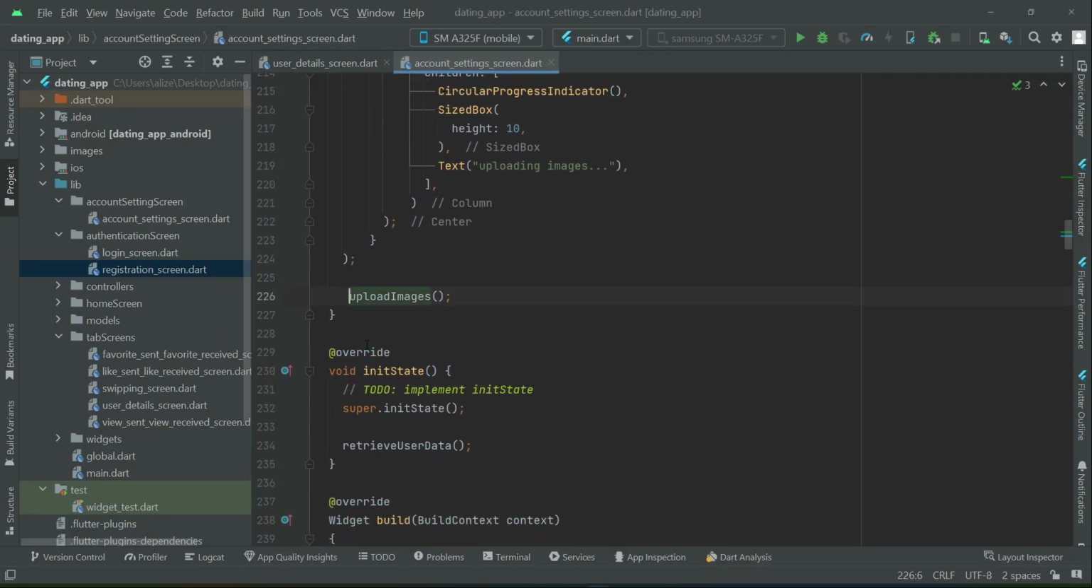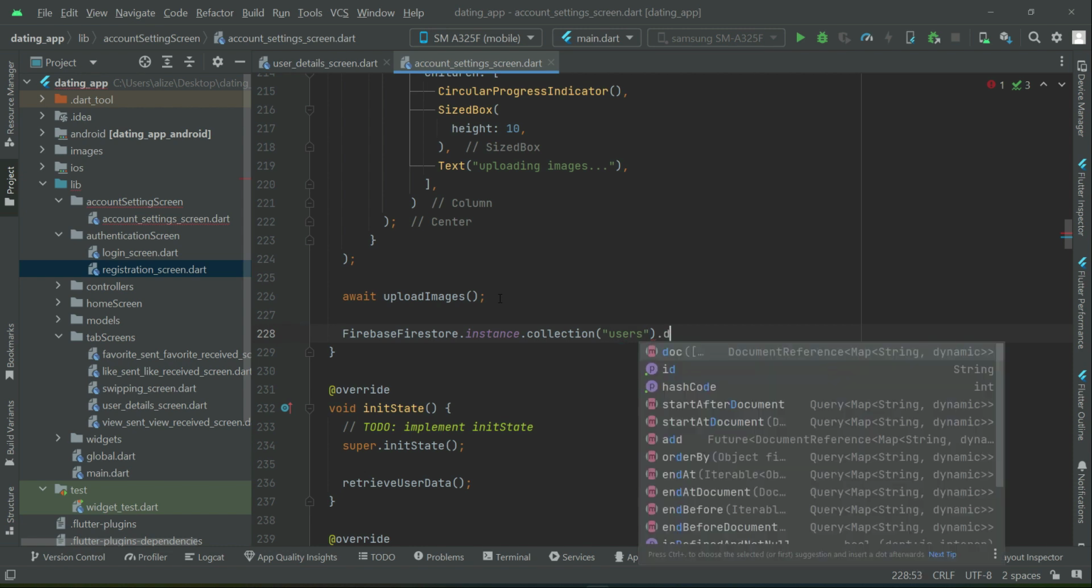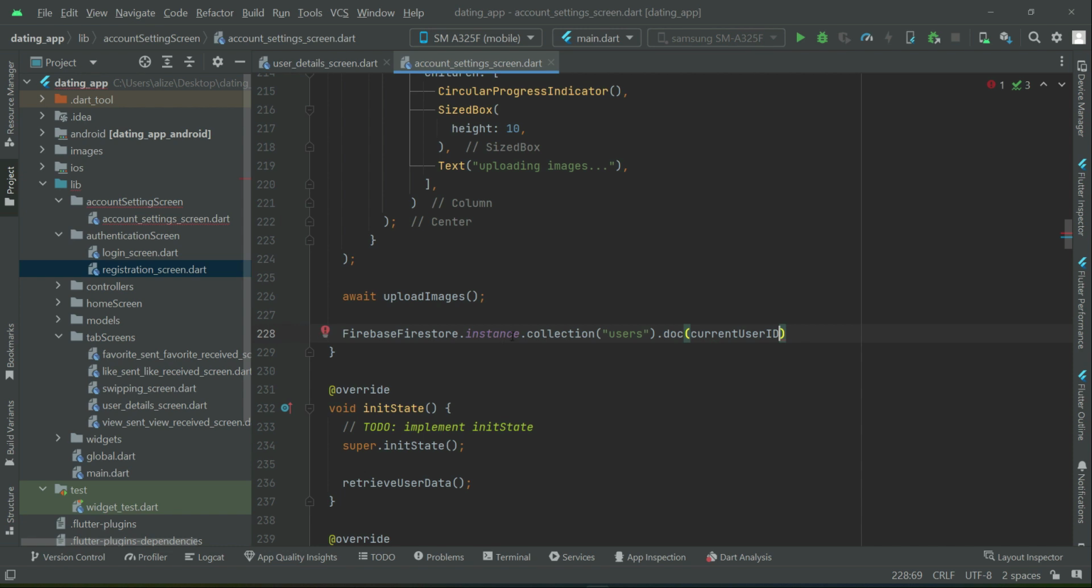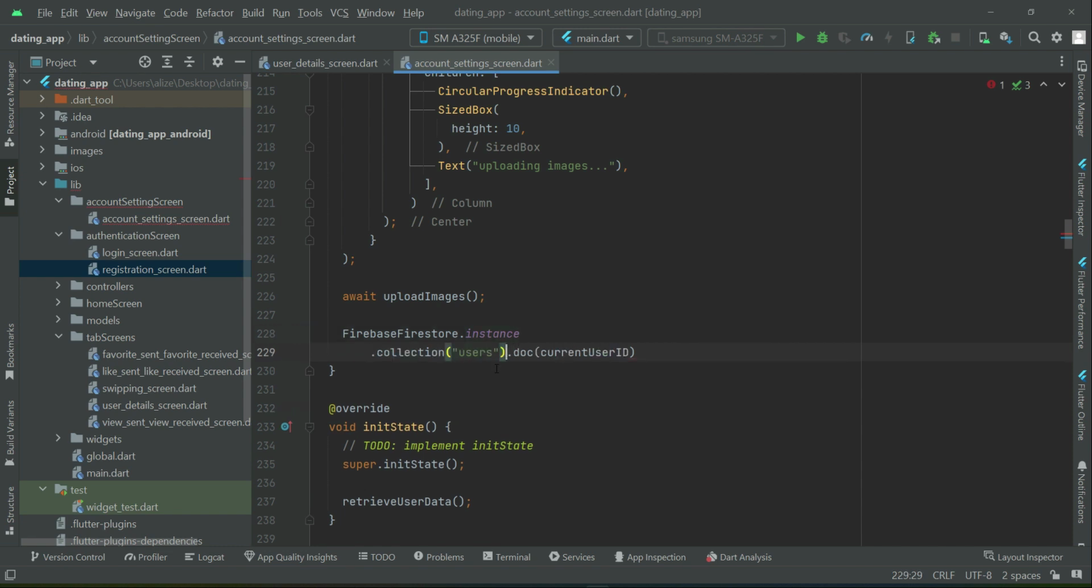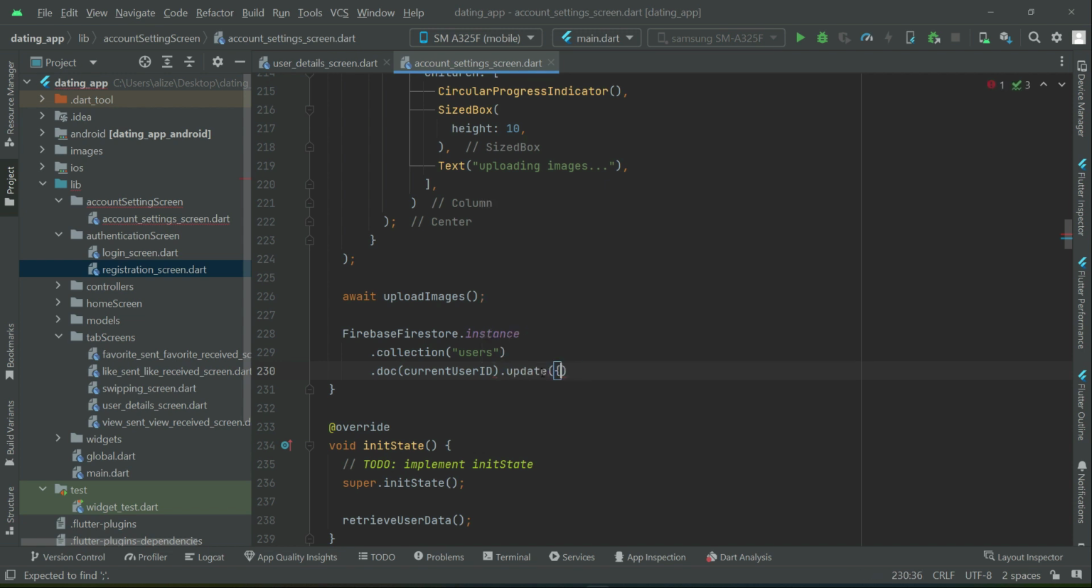So first we will wait until this method is executed completely, that is fully, then we will save the information to the database. So I store database, so we can say .instance.collection